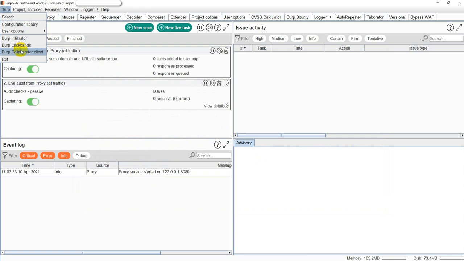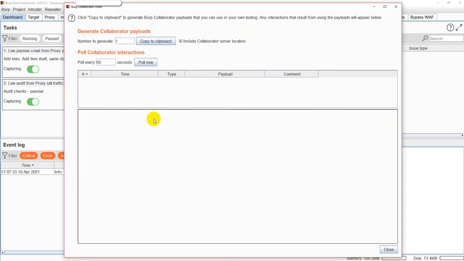The next one is the Collaborator client. I believe this is one of the very famous options in Burp Suite Pro, which is really helpful for detecting vulnerabilities like SSRF, or even while going for XXE and other vulnerabilities where there is some client-server interaction. This will give you a temporary address which could be used for making some external communication. It's a really handy feature while performing any security assessment, or even for generating a proof of